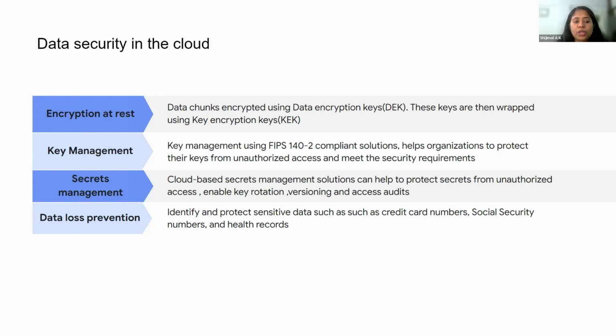Data loss prevention. That is again about sensitive information. How people are accessing your sensitive information is handled by data loss prevention. You can identify and protect your data such as credit card numbers, social security numbers, and health records. All that can be protected using data loss prevention mechanisms. For example, credit card numbers can be masked. You mask the credit card number, and even if somebody gets access to your database, they will not be able to use the data because it is masked. You need to go through the data loss prevention mechanism, or whatever mechanism you use to mask the data, to unmask it so that you can use it.